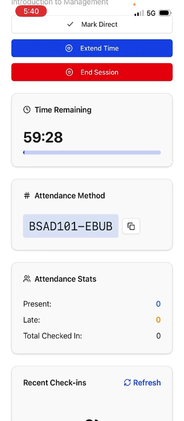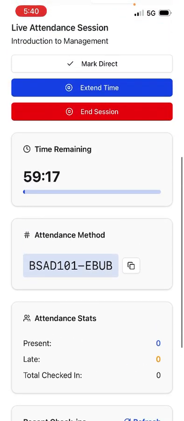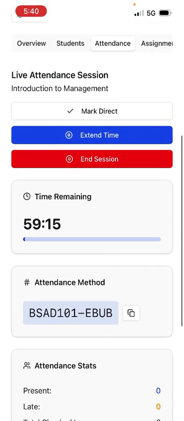So majorly the only code they need to impute is EBUB, and if they're in class, the attendance will mark, right? So another thing that you can do, so let's say a student, we would advise that all students find a way to download the mobile app and register, right? So peradventure,